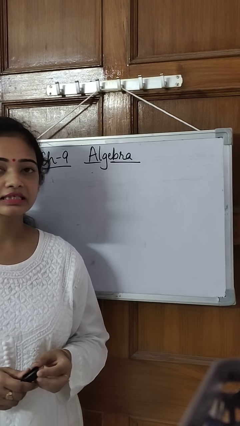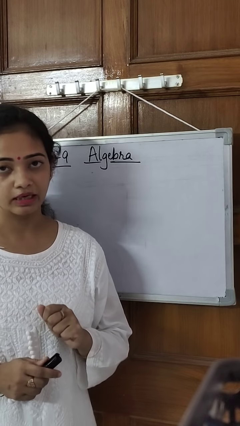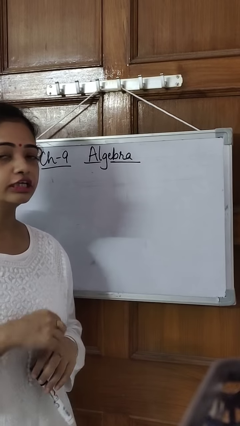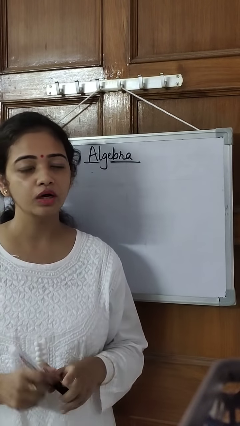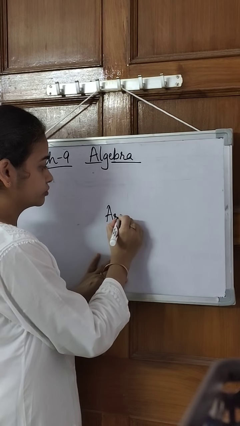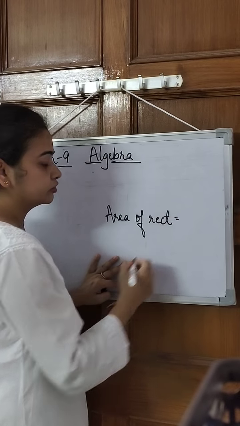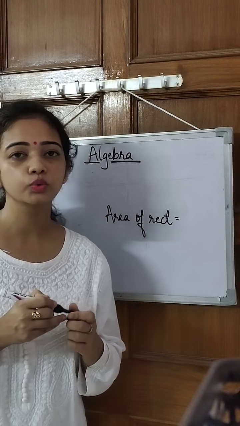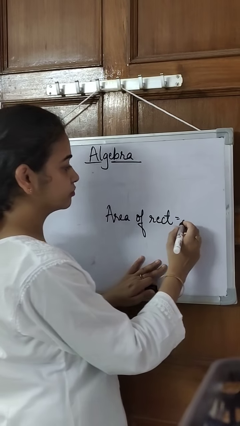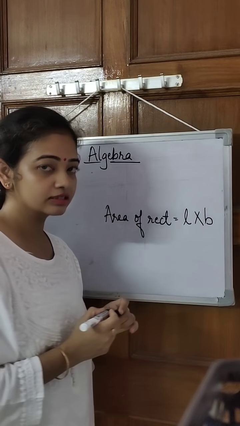Let's take an example of area of a square or area of rectangle. Let's take the example of area of rectangle. In area of rectangle, actually you are using algebra. When you say area of rectangle, you do not write the complete words length into breadth. You generally represent it with a small l multiplied by small b. Generally this is what we do.